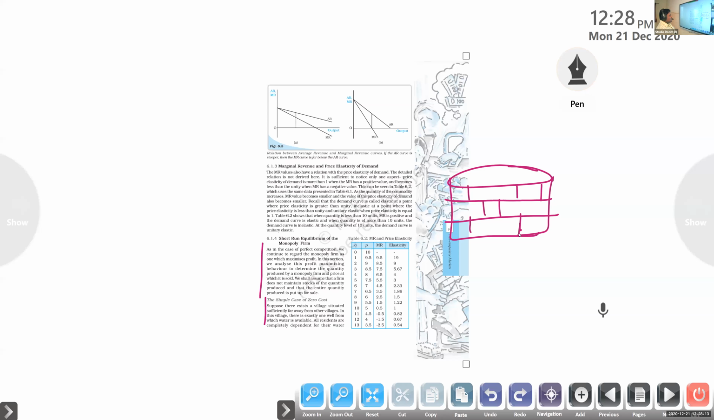Number of other wells also are there without water. So just imagine in this village there is exactly one well from which water is available. There are no other wells available. All residents are completely dependent for their water